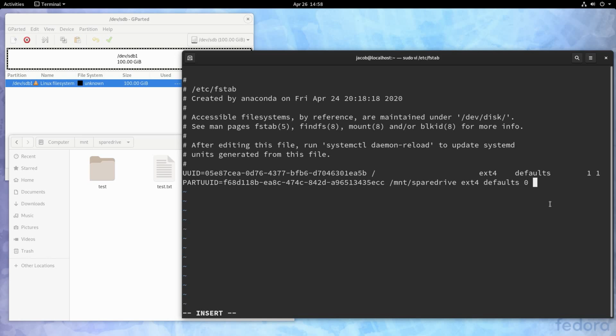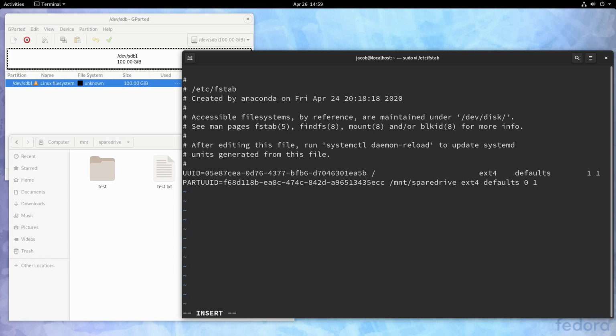Now, the last number we care about a little bit more. This is the file system check order when the system boots. When the system boots up, it's going to automatically do file system checks on all the file systems before it mounts them, unless we specify a 0 here, which means do not check this partition. If you anticipate that this file system is going to become corrupted for some reason, or you don't care if it's corrupted, if it's not important enough data, and you want the system to continue booting, not get hung up there checking this partition, then you can specify a 0.